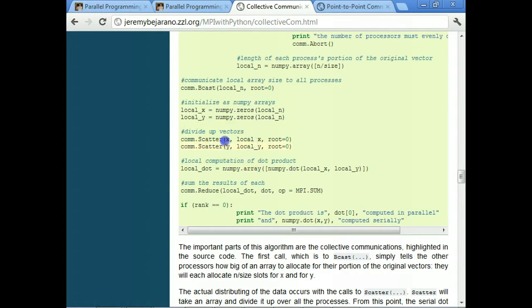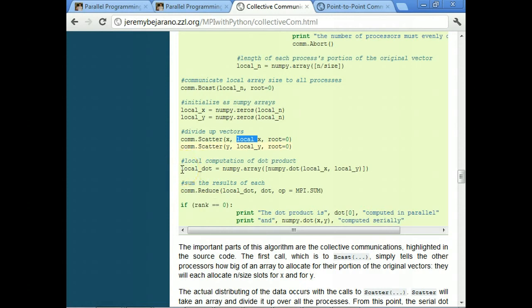And so we're scattering x from the send buffer, and we're receiving it into local x. So local x is going to be a lot smaller in size than x, and we're scattering from process 0, and then we do the same thing for the y vector. And so now each process is going to have something in local x and local y.